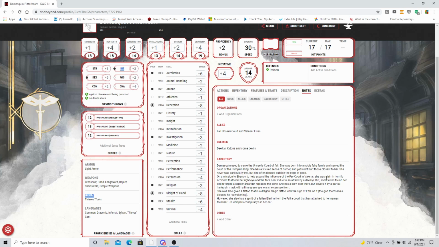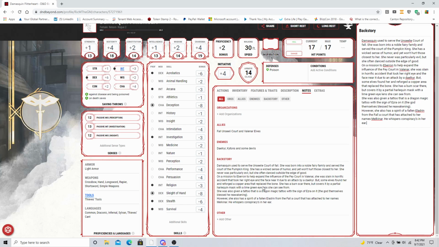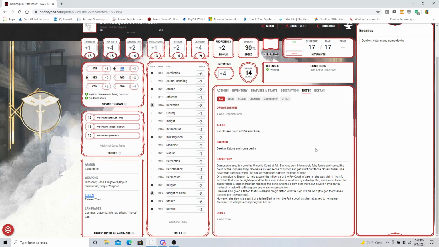And the god themselves blessed her, reawakening. So this god literally blessed her to come back to life as a reborn. However, she also has the spirit of a fallen Eladrine from the Fall Court that is attached to her,